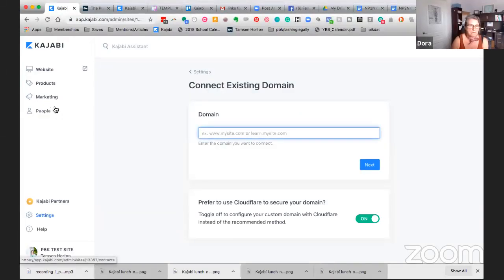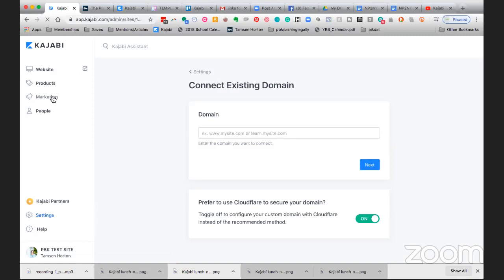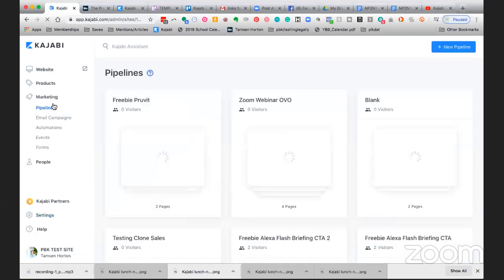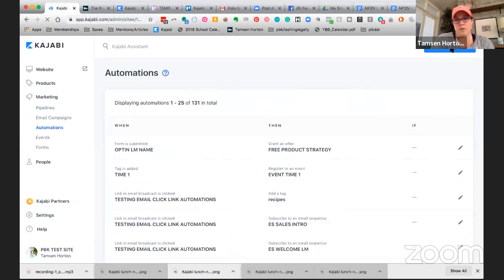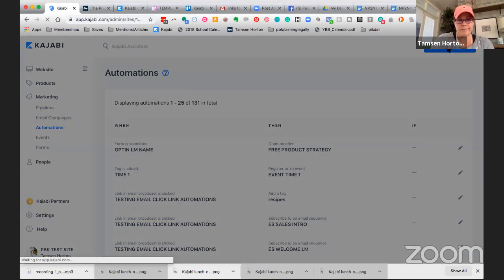So if we go into Kajabi, into automations, we're going to say new automation.